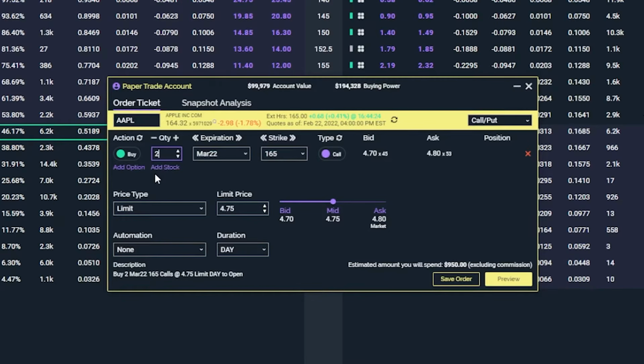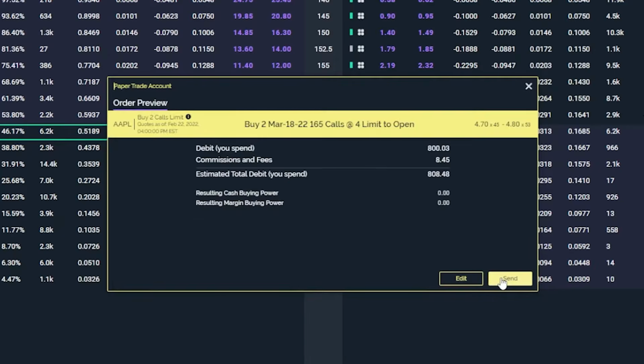If you only wanted to buy this contract if it dropped down to $4, we would simply highlight the limit price and type in 4. Whenever you're happy with it and you actually want to submit this order to buy this call option, you would simply hit preview, make sure everything looks right in this confirmation screen, and let's say it does, you'd then just hit